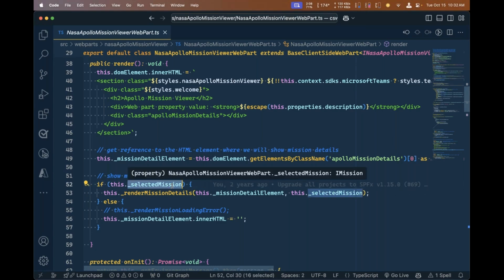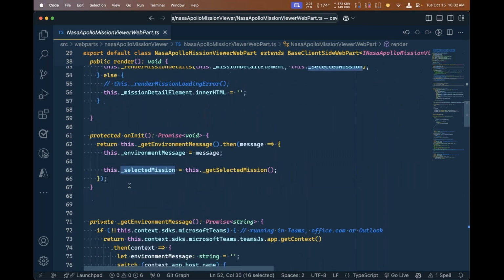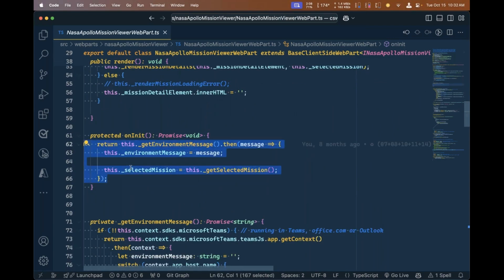The way I got this was, if I scroll down a bit farther, kind of like you would do in a class constructor, I'm using the onInit method. Think of this like the onLoad event for a web page. The onInit method is going to be called by the SharePoint framework after the SharePoint framework has initialized on the page. And that is going to allow us to then do some initialization stuff, like call get selected